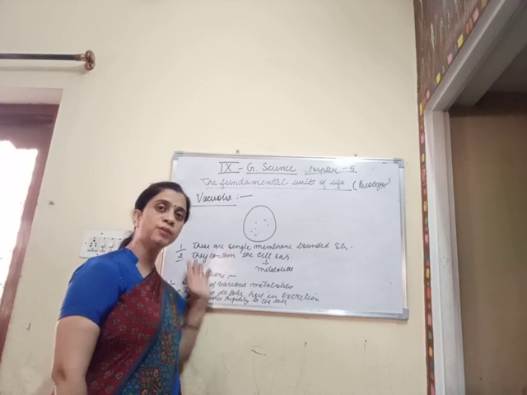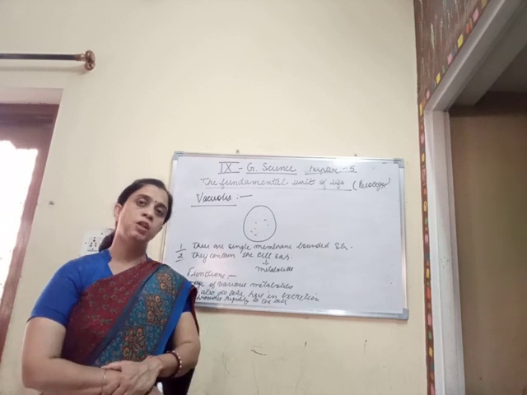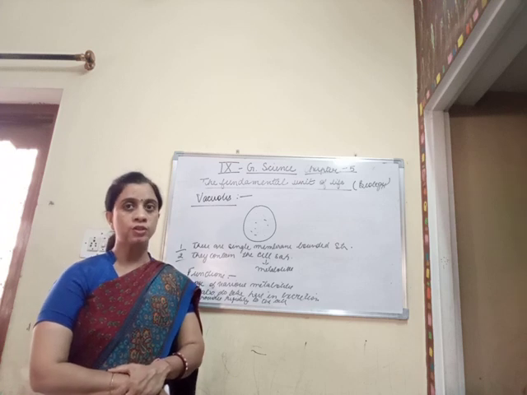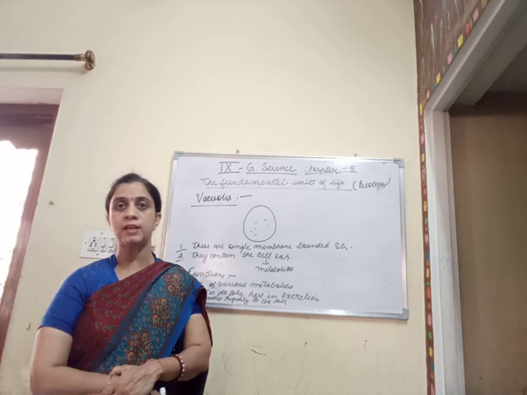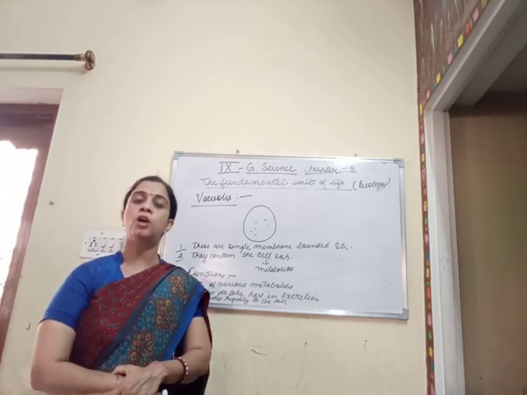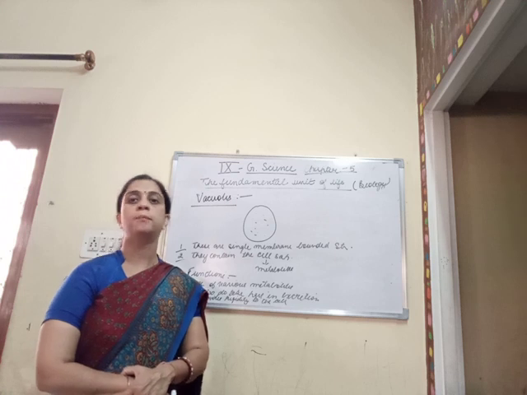So, here we end the chapter, and in this whole chapter, we have discussed in detail the structure of the cell and the various parts of the cell, the various cell organelles, and their various functions. How do they help the cell in performing various activities in a precise manner.